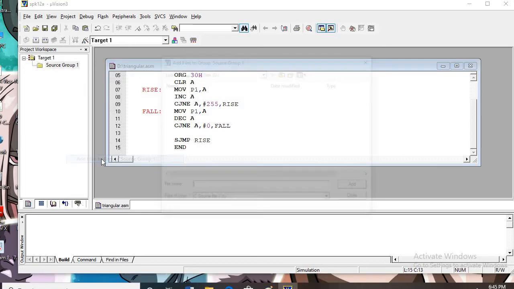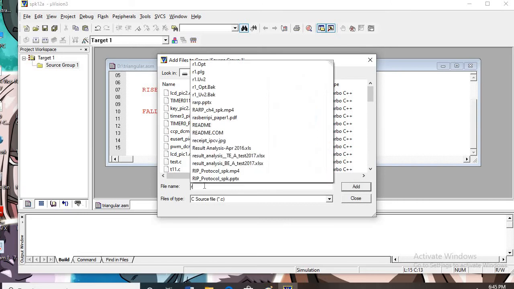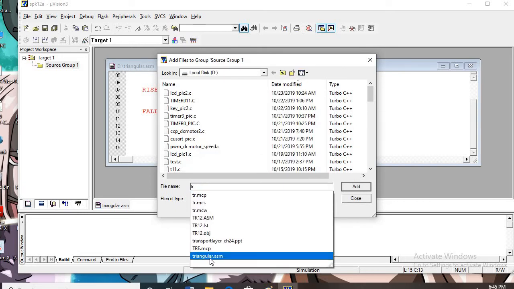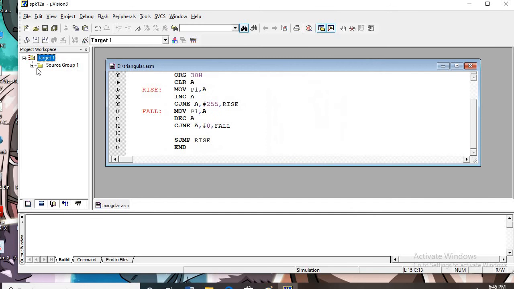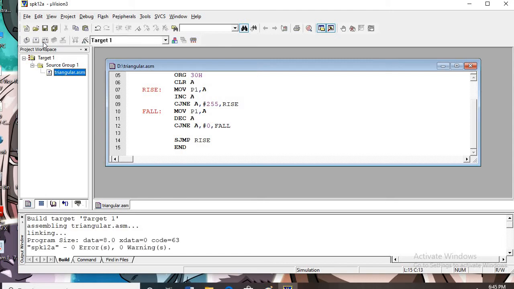So add files. Here it is, triangular.asm. Add. Close this window. Here is our asm file. Build this. There are no errors, no warnings.